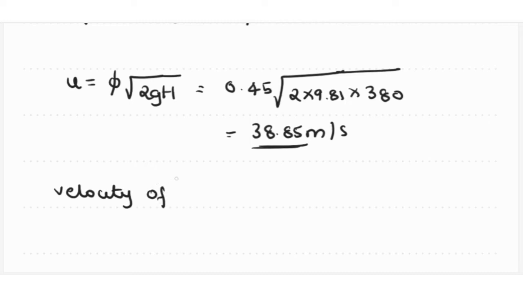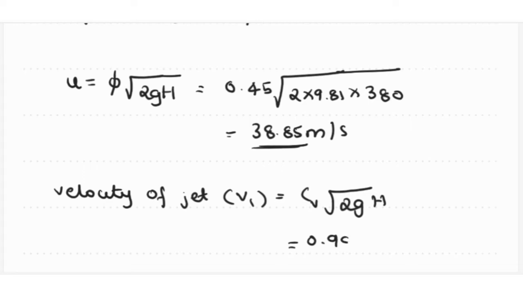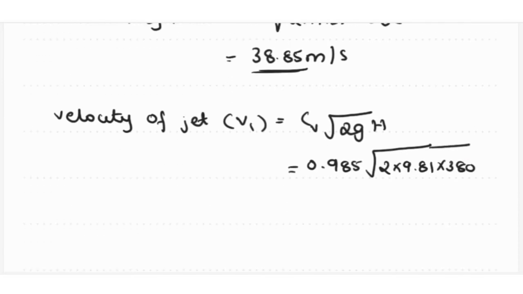Velocity of jet. v1 is equal to Cv into root of 2gH. So Cv is 0.985 into 2 into 9.81 into 380. So if you solve, you will get v1 is equal to 85.05